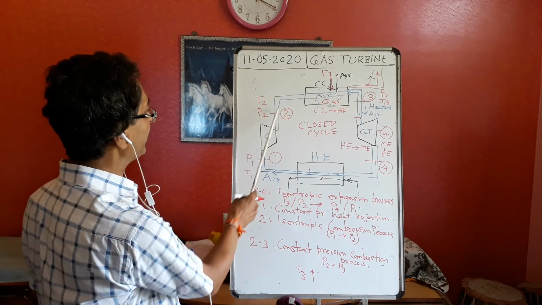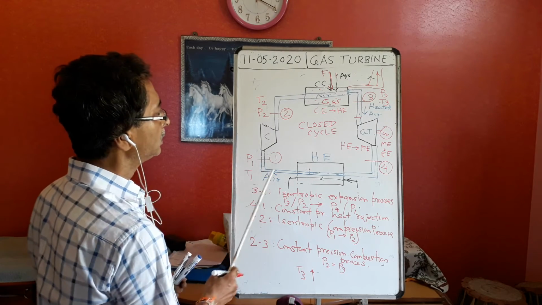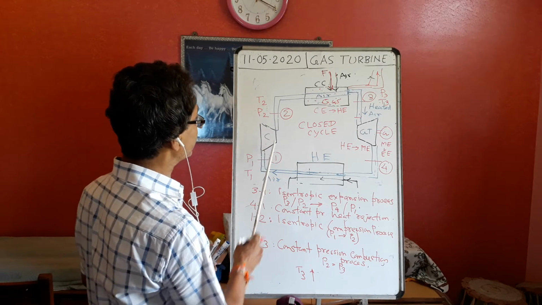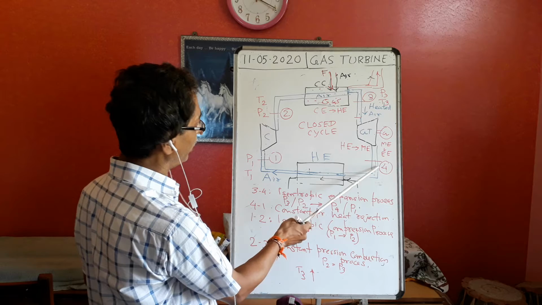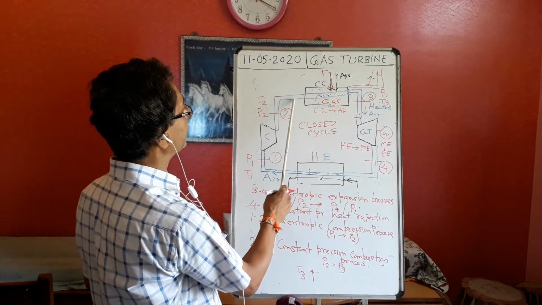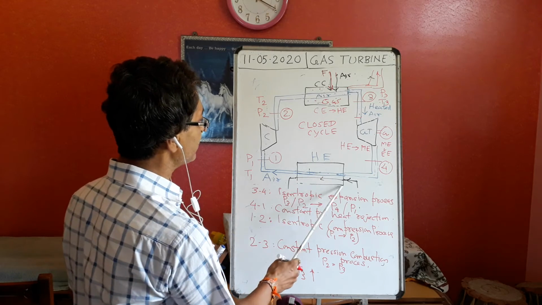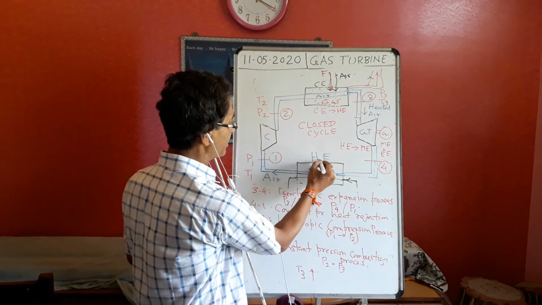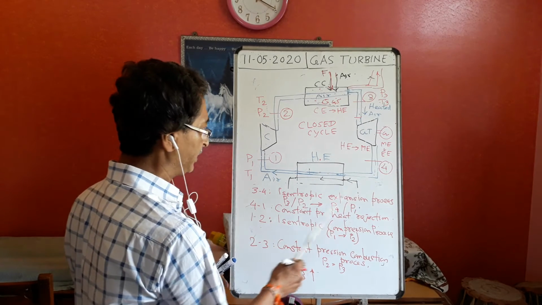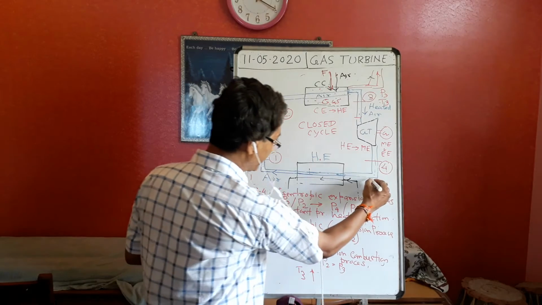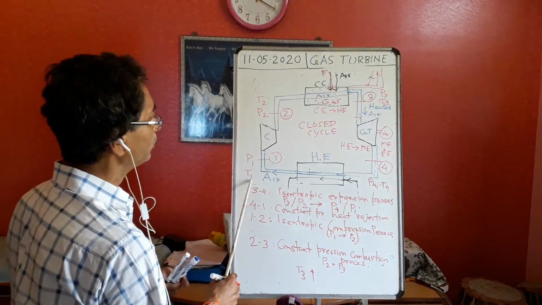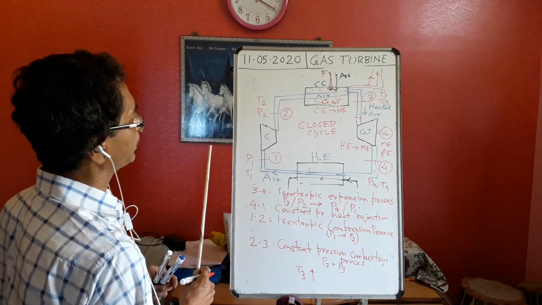So we understand there are two isentropic processes taking place in the compressor and the gas turbine. In the compressor, pressure is rising, and in the gas turbine, pressure is falling. In the combustion chamber, temperature is rising. Similarly, in the heat exchanger, HE meaning heat exchanger, temperature is reducing, T4 to T1. So here the pressure is P4 and T4, and in the heat exchanger T4 is reducing to T1.